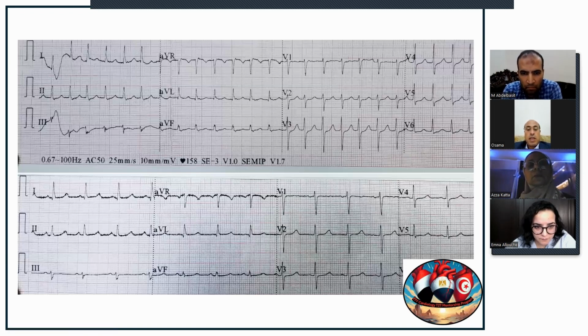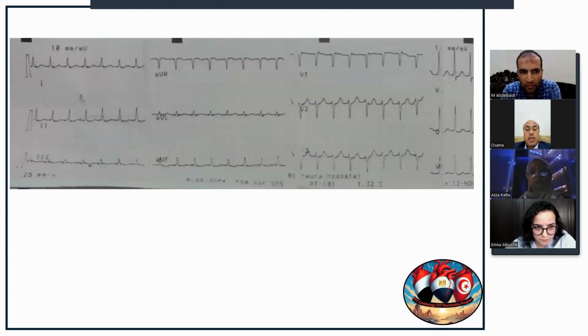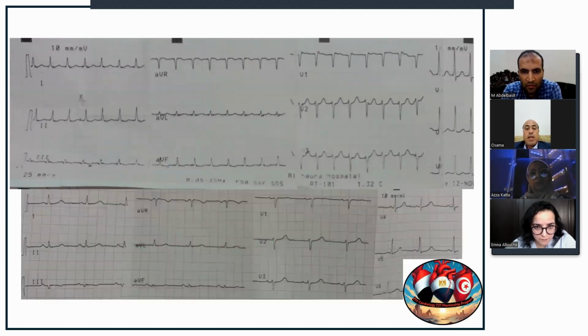So the P wave is inside the cardiac complex. So once the P wave is not visible and we have a regular tachycardia, we are dealing with AV nodal reentrant tachycardia. Next, in this next ECG,